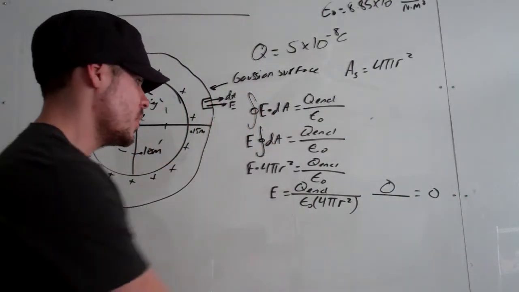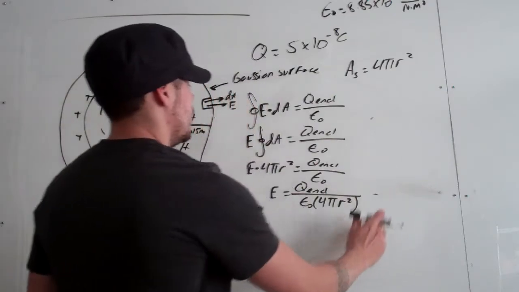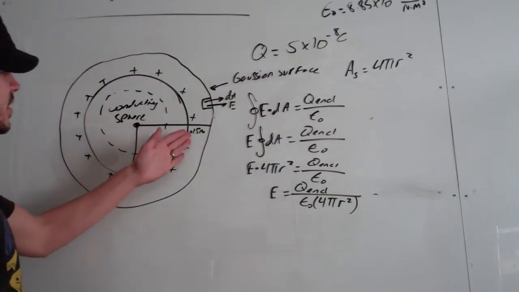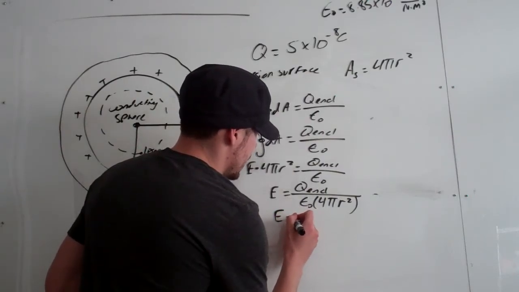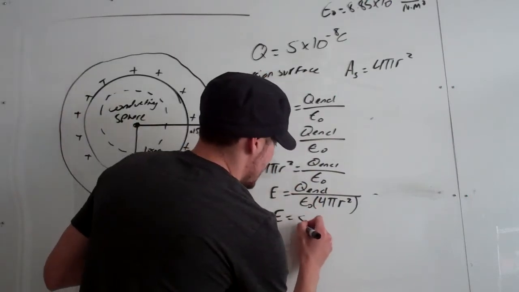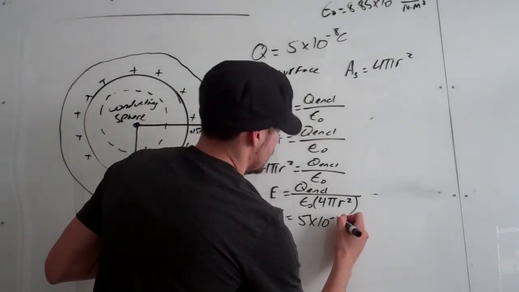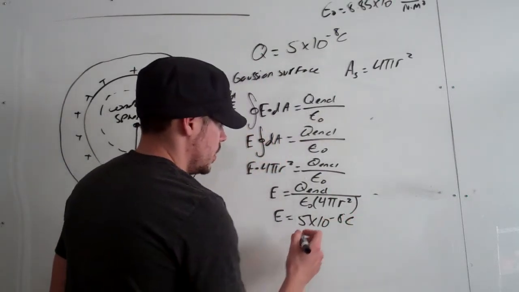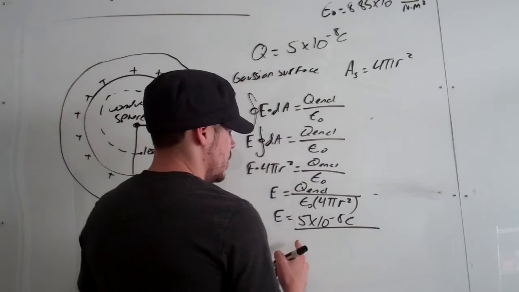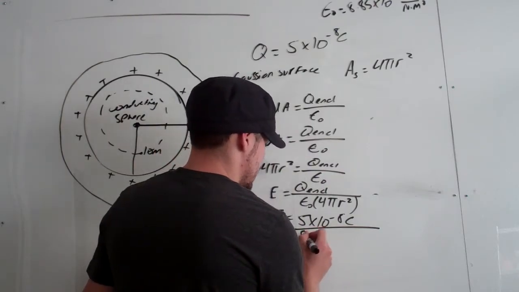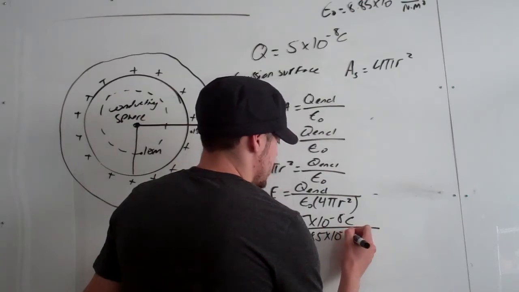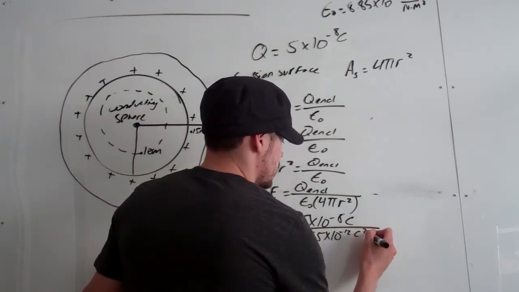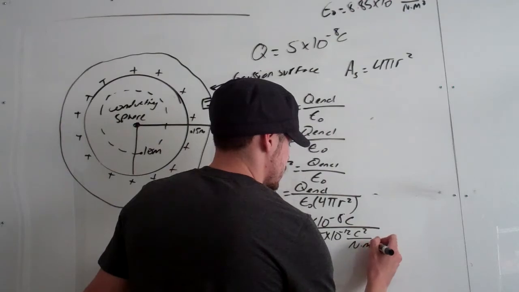So now let's just say we have this radius, it's 0.15, and so we want to solve for E. Well, we've already found that Q enclosed is equal to 5 times 10 to the negative 8 coulombs, and we have the permittivity of free space, which is 8.85 times 10 to the negative 12 coulombs squared over Newton meters squared